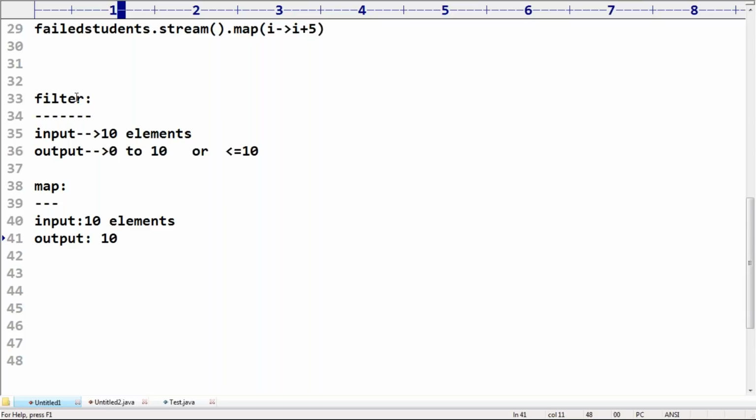By seeing these figures, input 10 values and output something, you can identify: if a group of objects is already there and you want to filter some objects based on a required condition, then we should go for the filter method. If the input contains 10 elements and for every element you do some operation, you will get a modified